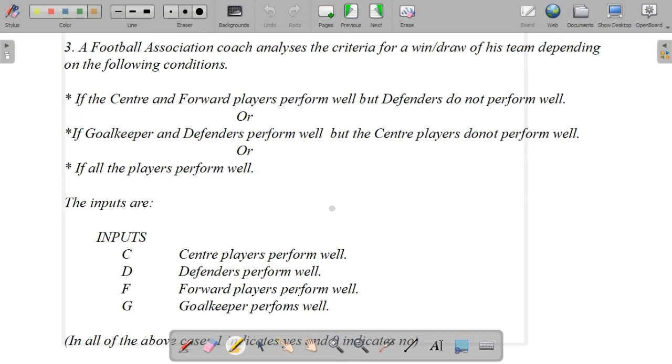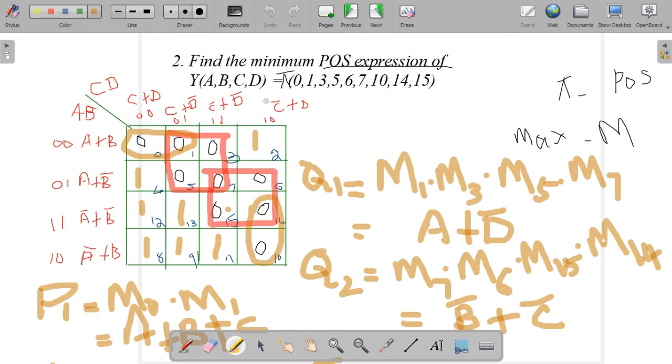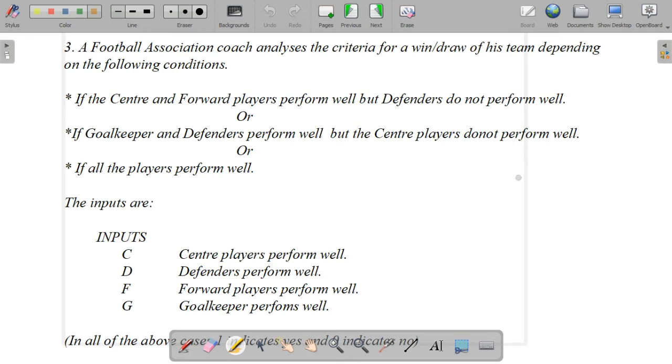Okay, this is the next type in the K-map. That is, we can call it a stepwise question or storytelling question. In the previous questions, they directly gave the question like find the minimum POS expression of these particular terms or designation numbers, or reduce the expression like the terms they have given. Here in this question, it is given like a story or stepwise. We need to form an expression, then we have to reduce that expression, okay.